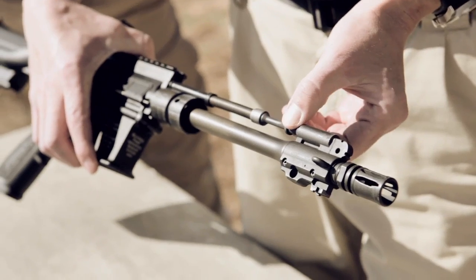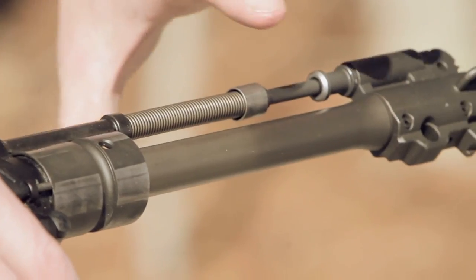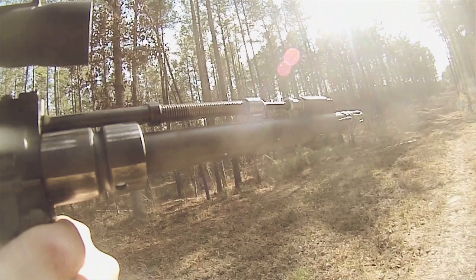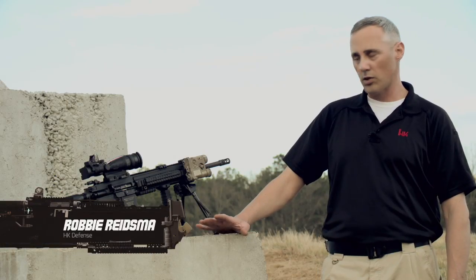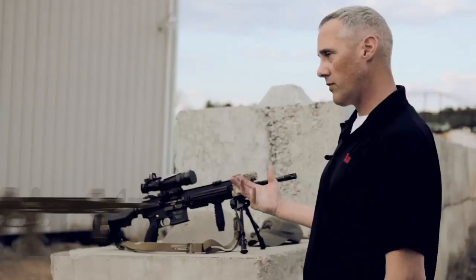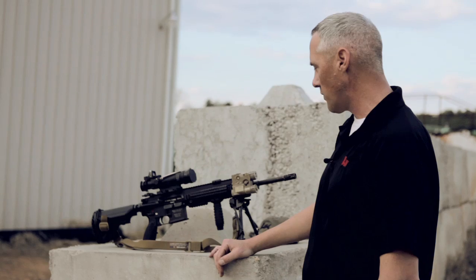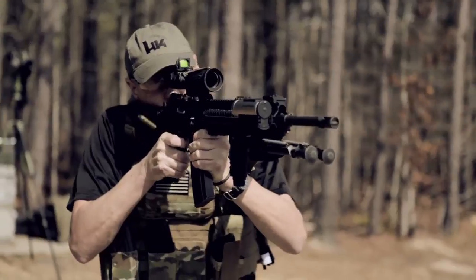It works off the short stroke gas piston operation. So you have a gas block, a piston, and then a pusher rod up underneath the handguard here, the free floating rail system. That's allowing less heat transfer, less carbon buildup back to your operating group and the bolt carrier. It's keeping that cleaner and cooler. The majority of your hot carbon fouling is basically vented right out the front of the system through the barrel or through the exhaust vent. Because of the gas piston operation, it allows the gun to maintain cooler operating temperatures, and that gives you a more sustained fire capability over, say, a direct impingement gun. That's enough of a difference where that gun can come to the table and get the job done in an